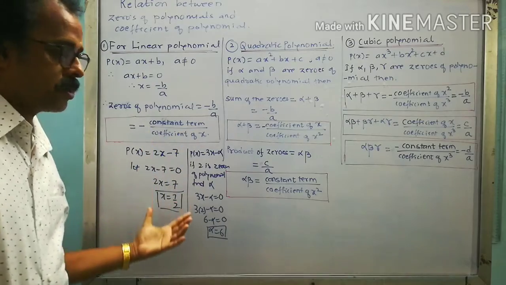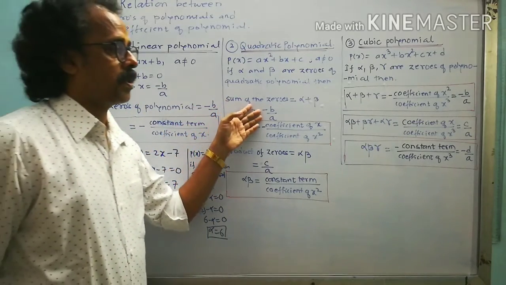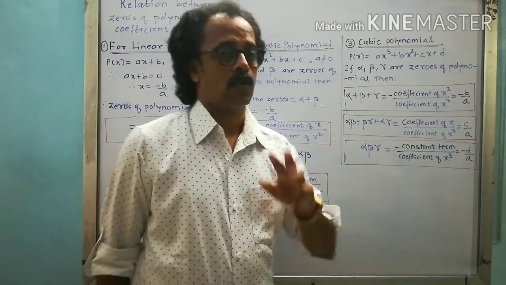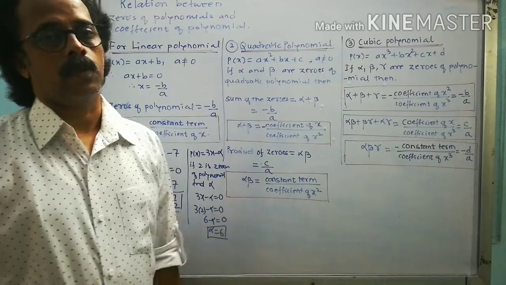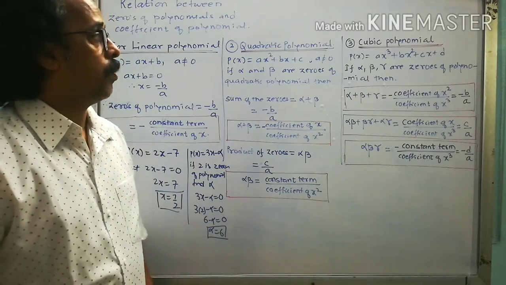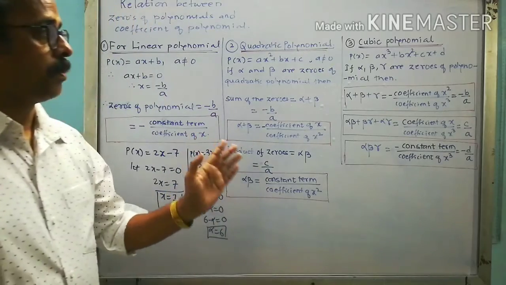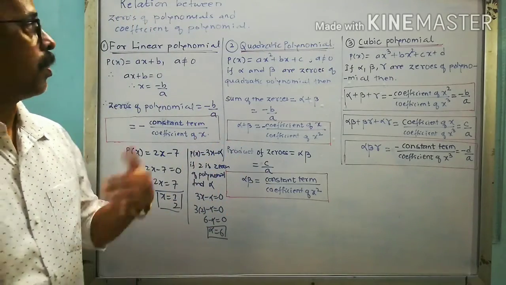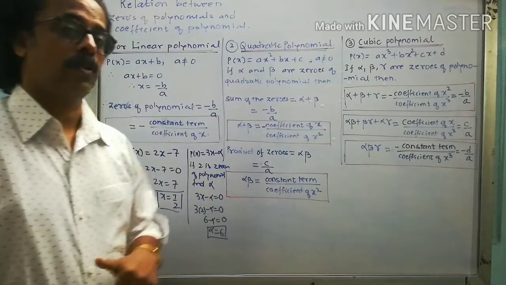Here they will ask this kind of question only for 1 or 2 marks, but from this particular case they could ask you the question for 2 or 3 or even 4 marks also. So these formulas are very important for us, right? Now whenever questions come, like if a quadratic polynomial is given, compare, or we can say write down the relationship between the zeros of the polynomial and their coefficients, right?